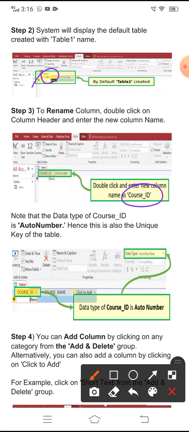Then automatically the Course ID data type is AutoNumber. Yesterday we discussed data types. By default the Course ID data type is AutoNumber, and this is the unique key of the table.